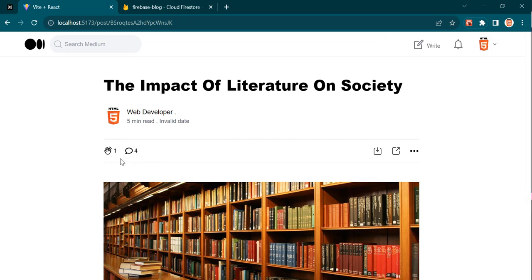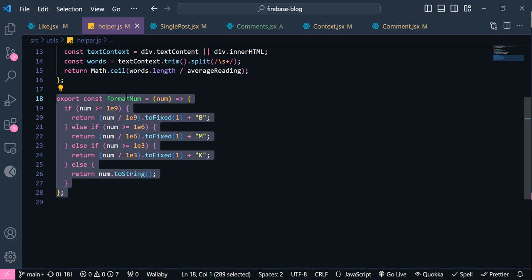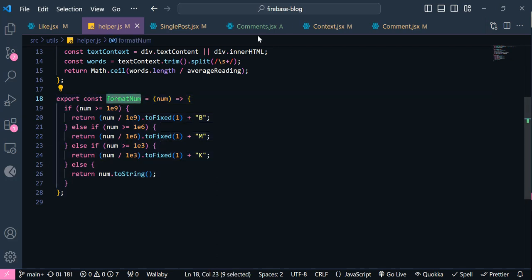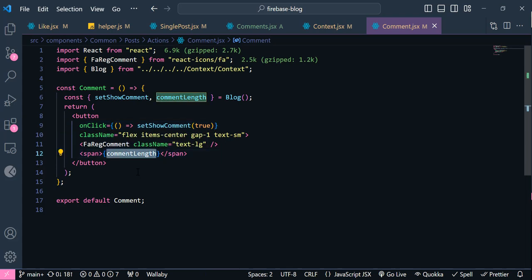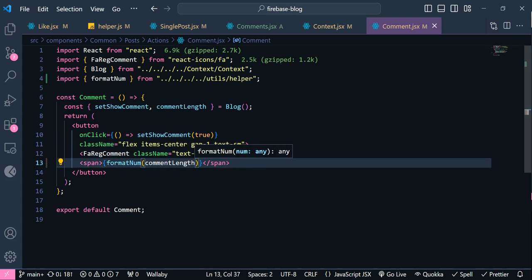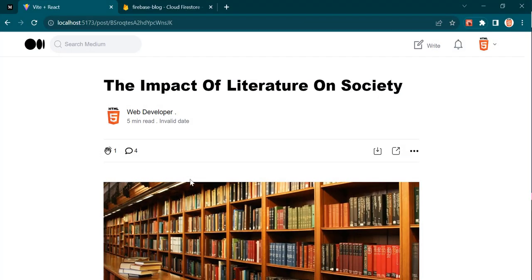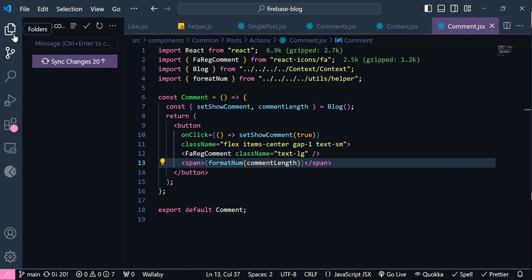But I forgot something here. So similar to the like, we need to have our function that we added inside this helper function, this formatName. So I'm going to copy this from here, and we need to wrap our comment length with this function. Okay, and that's it. So now let's push this code. I'm going to say comment is implemented. Okay, alright,